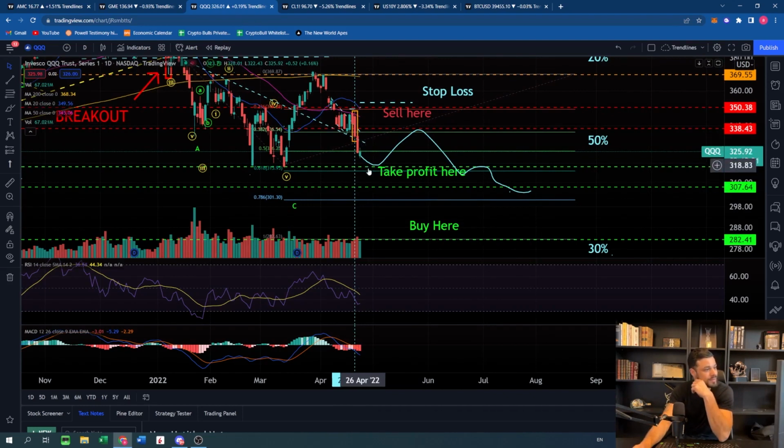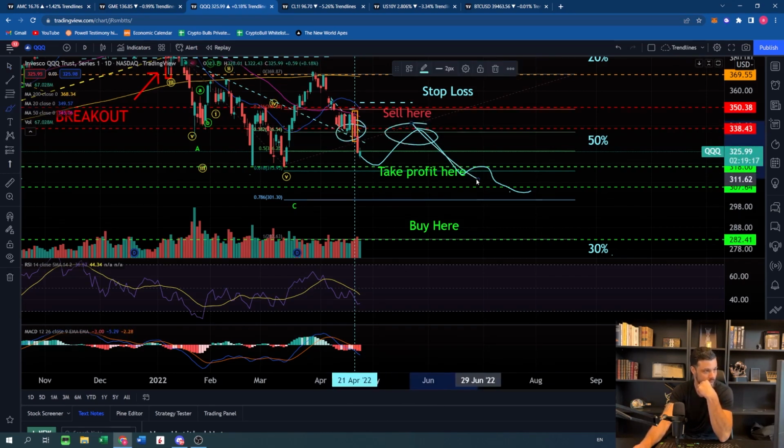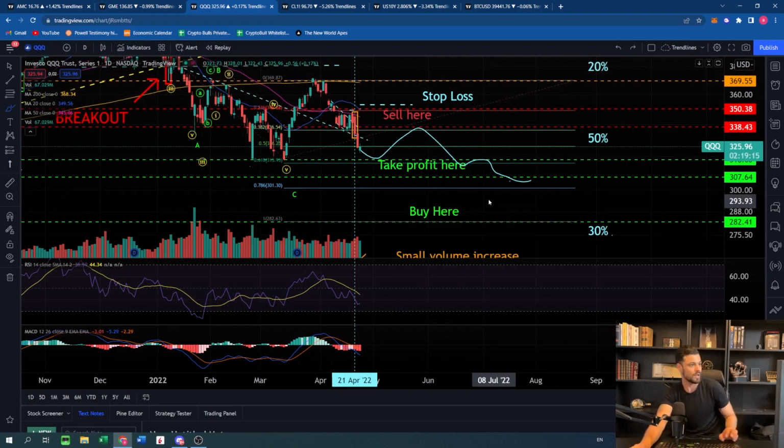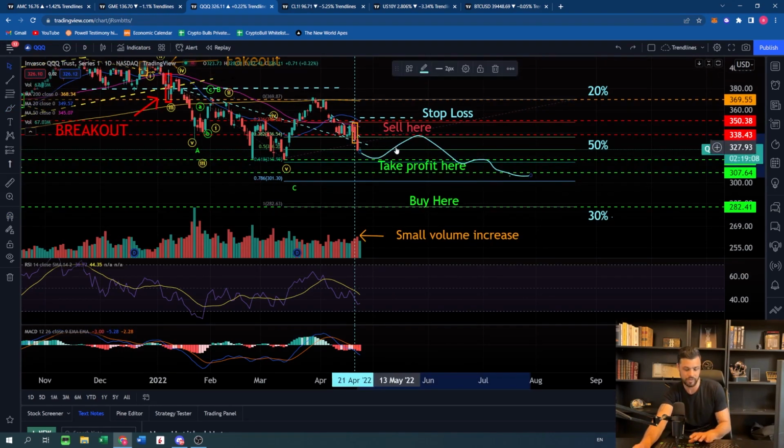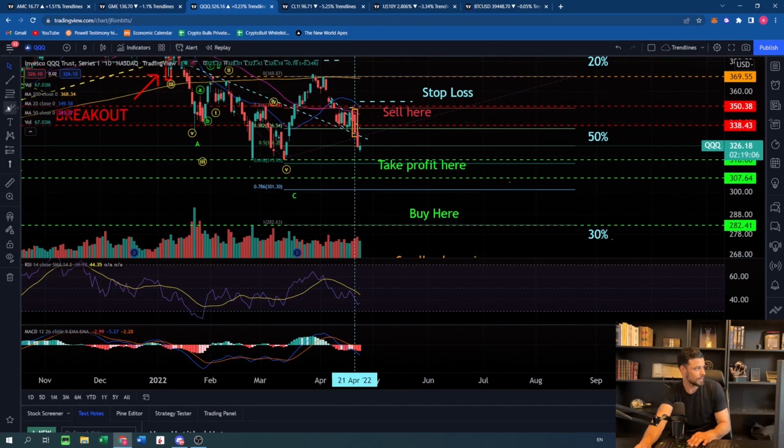Right now I think that we're gonna keep dropping and find probably more support at 318 before getting back, I think, higher, and maybe here we're gonna have this opportunity that we missed here to take a bearish position. So let's find out. It's also possible that we come here and I think that we're gonna have a rebound. It's very likely. I'm gonna take a bullish position here because whenever a support has not been touched for quite some time, the first time it usually gives a nice reaction, but then we can get back to it quickly.